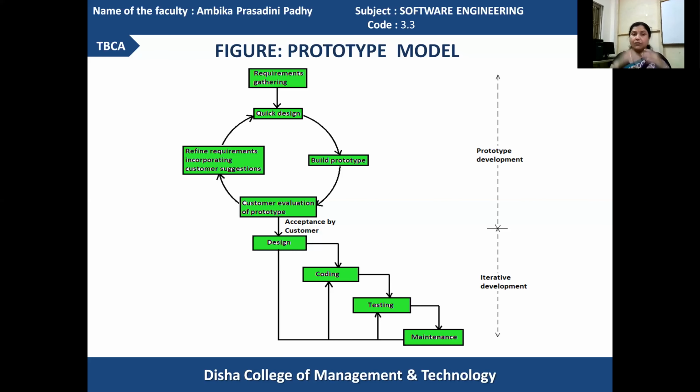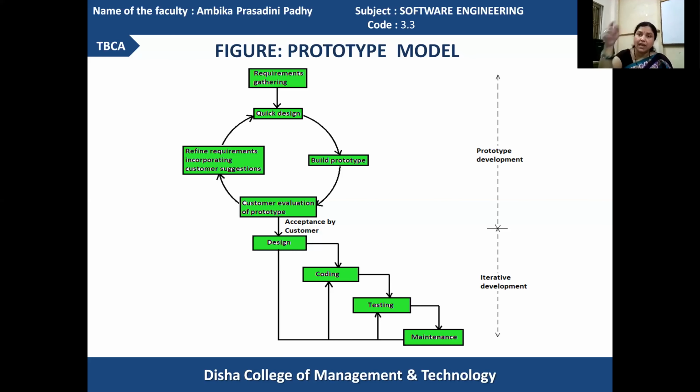Got it? So when the customer accepts the prototype developed as a dummy function for the system, then that prototype needs to be implemented for developing the product. By looking at the information present in the prototype, the rest of the project development will start.